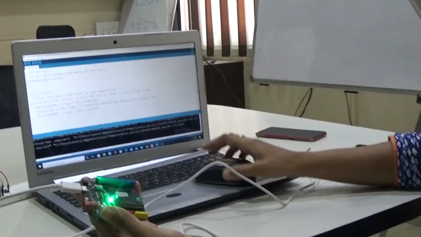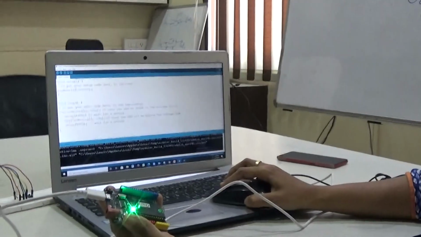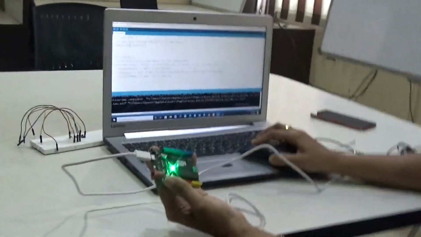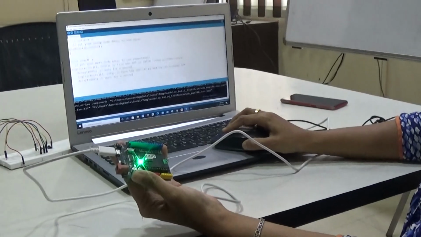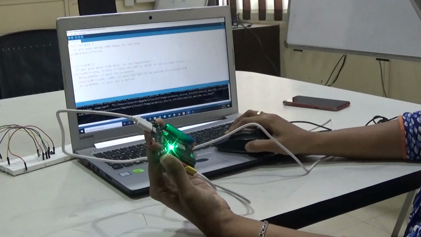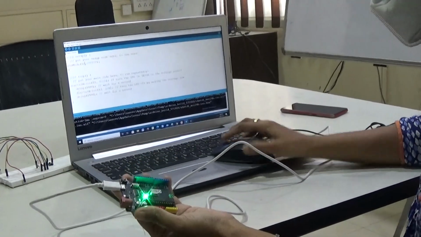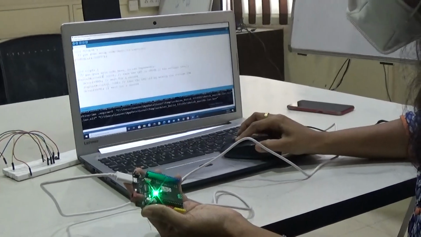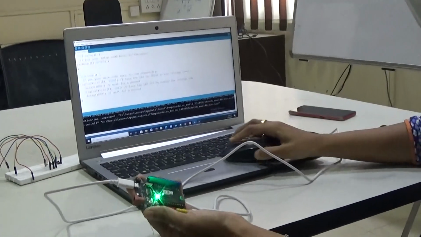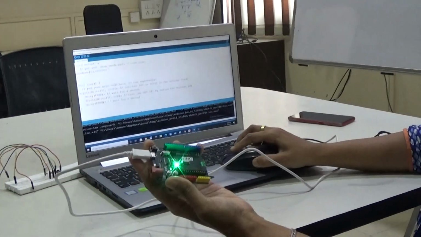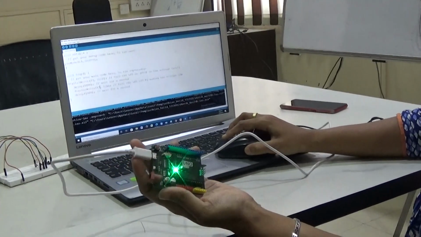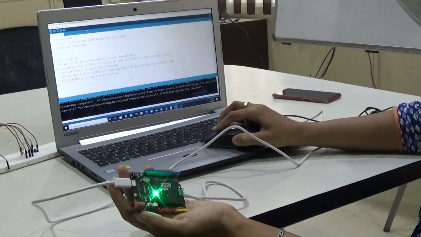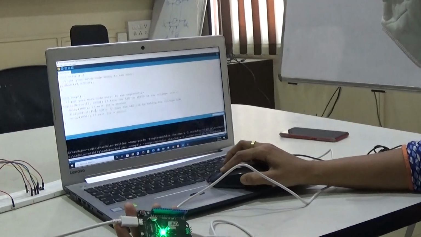So in previous sessions you have seen in detail how to write the codes, or how to use the code for our first practical, that is nothing but blinking an onboard LED. The onboard LED pin in the Arduino board is at pin number 13. So accordingly, now we will try to upload the same code that we have learned in the previous session, so that you will get a deep understanding or close insight into this practical. Okay. So this is the Arduino platform where I am going to verify the code now.